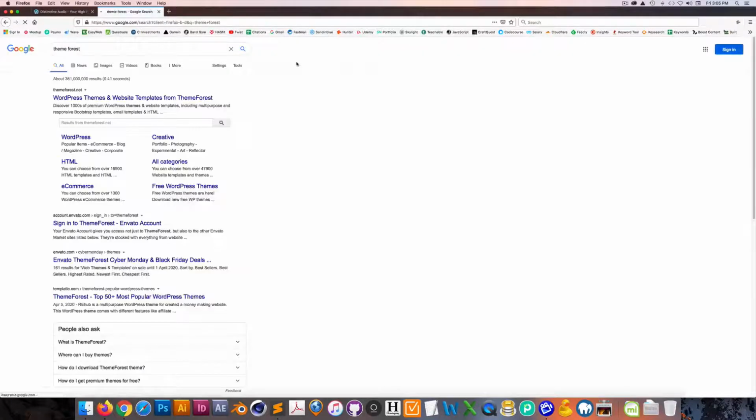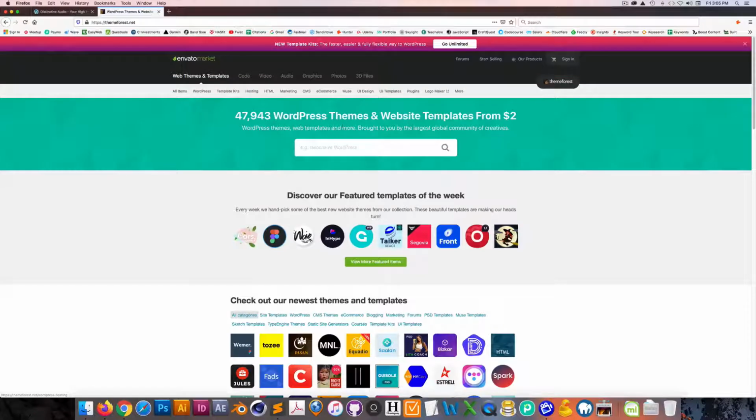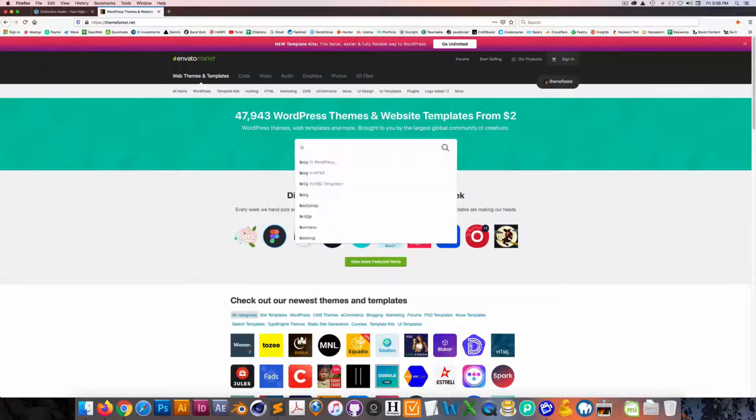Now, Themeforest is a marketplace, based on the Envato marketplace, and it allows you to buy WordPress themes and templates for fairly affordable prices. We're even starting off at $2 here, as you can see. So typically the themes would cost around 17 US. So if we look at Bootstrap,